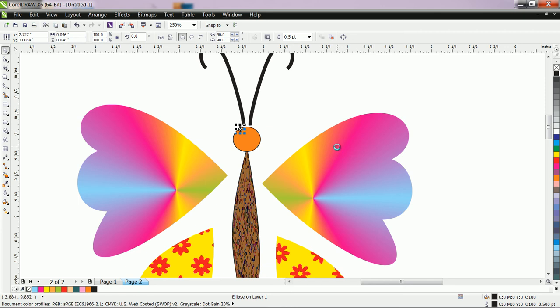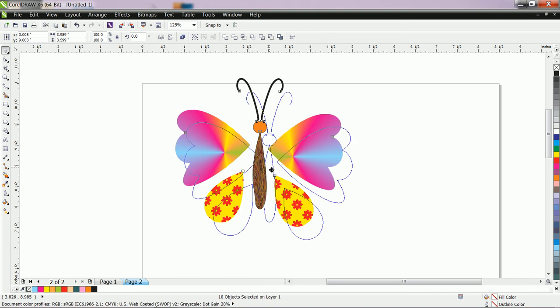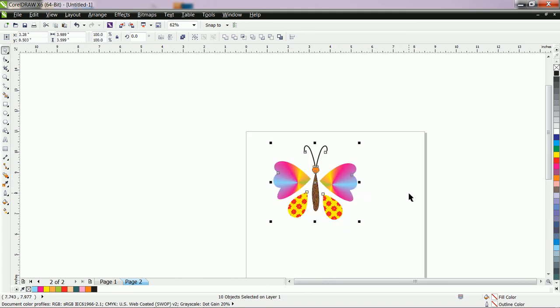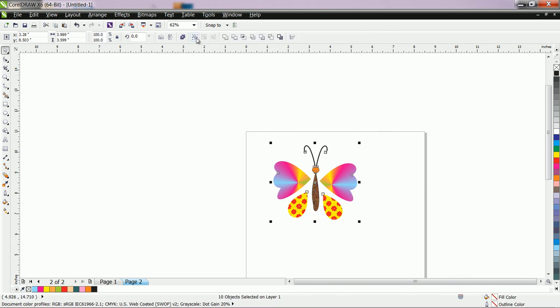Copy paste with the help of arrow key also. Okay, let us select the whole drawing and arrange it properly. This drawing is different, it has different parts. Then you can also select all the drawing and click on group. Here is the group. The shortcut key is Ctrl G.